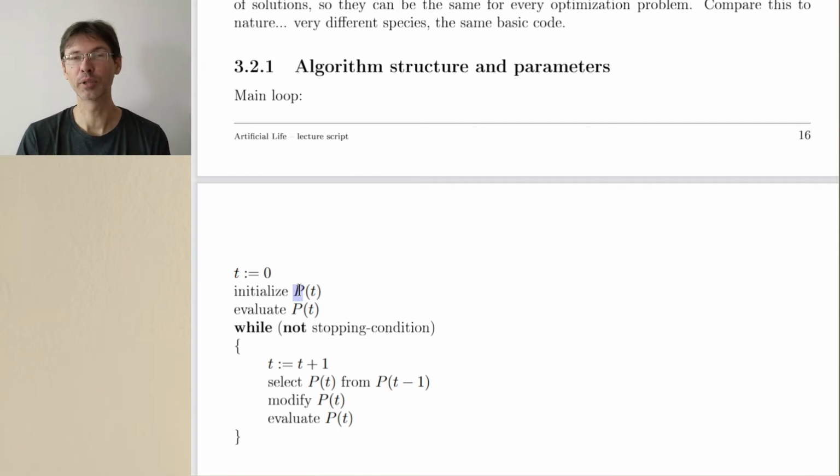Actually, it's the same problem as with any earlier optimization algorithm like local search, simulated annealing, tabu search. We always needed some initial solution, and the easiest thing to do is to initialize this solution randomly. Ensure that this solution is valid, but it could also be created by some heuristic.